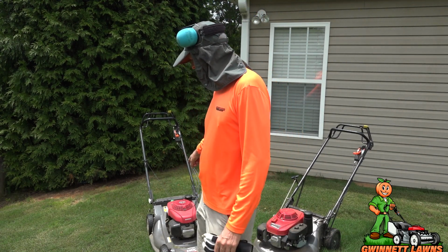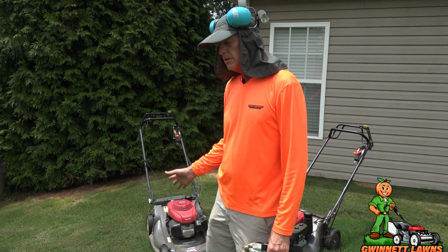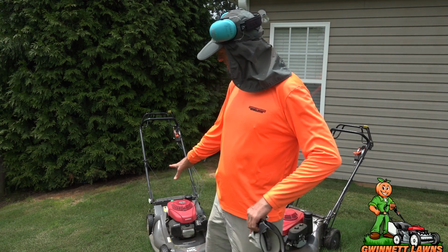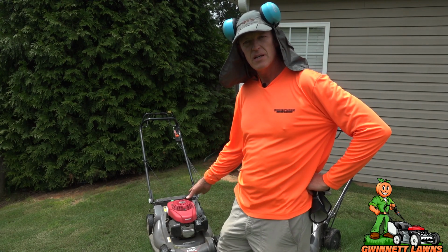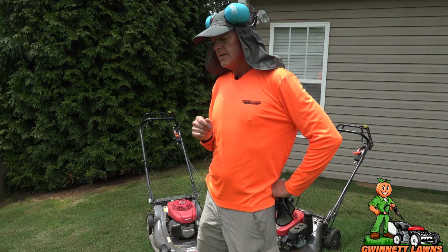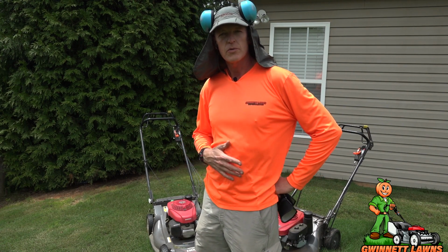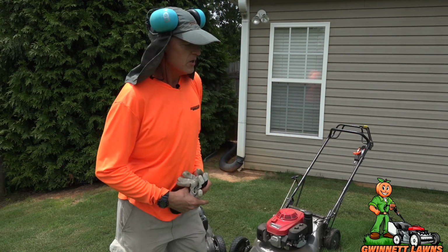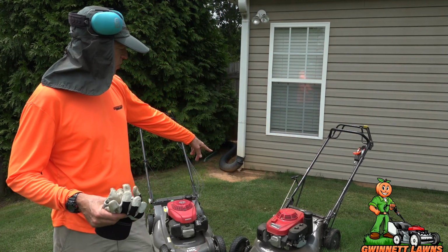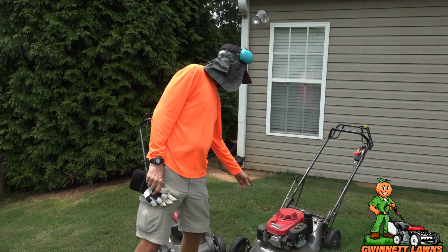On this side we've got the Honda HRX217. I've had this for about 3 years. This is the one with the Nexite deck. It's extremely light, it's got great power, and it's got the hour meter broke on it, but it's got well over 200 hours. Over here we've got the Honda HRC216. This mower has